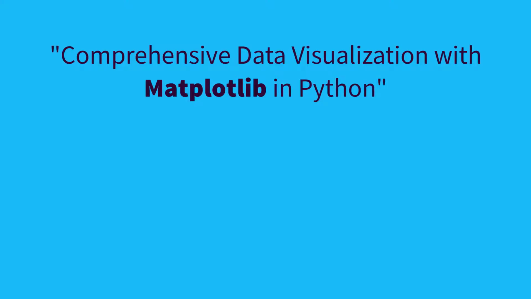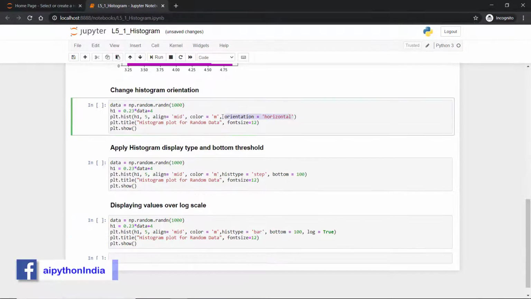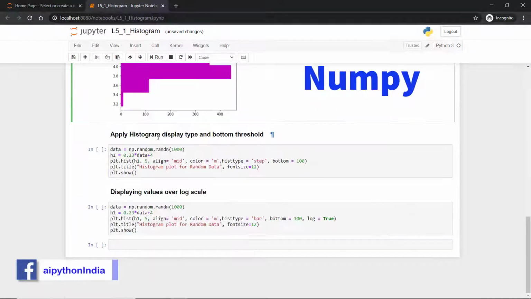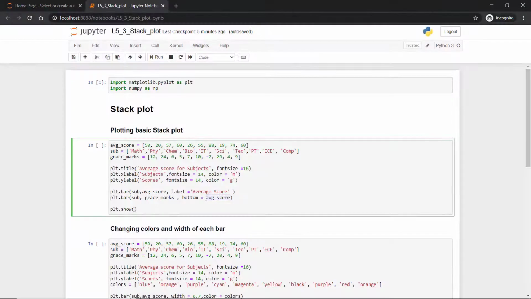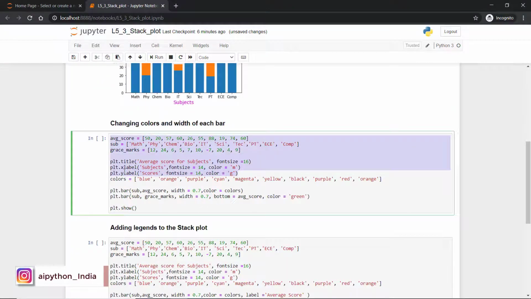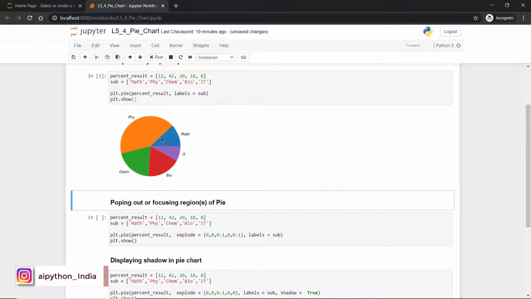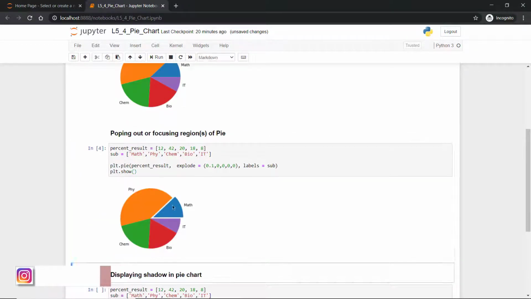In the next section, you will explore some other plots such as histogram, bar plot, stack plot and pie chart. You will learn to plot a histogram on data generated by the NumPy library, which is one of the most powerful libraries nowadays in Python. Learn various options that can be applied. Next, you will learn to plot a stack plot and customize it with the help of Matplotlib functionalities. You will also get hands-on with plotting a pie chart and exploring all the methods in detail to put all the information in place.